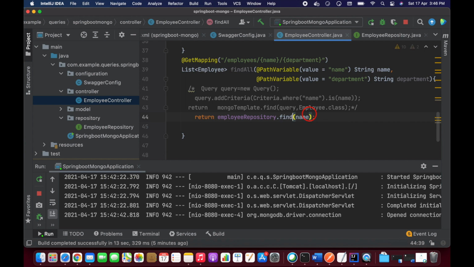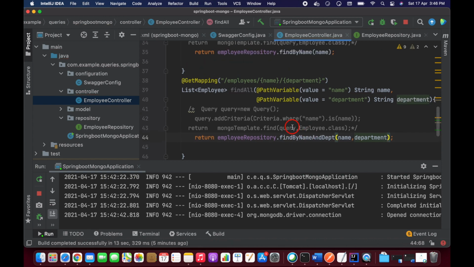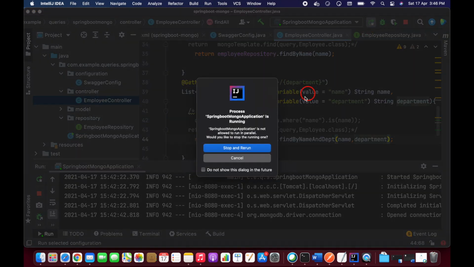Here I'm going to write findByNameAndDepartment. I'm passing name and department here. Okay, so that's it. So let's start this application and test, guys.